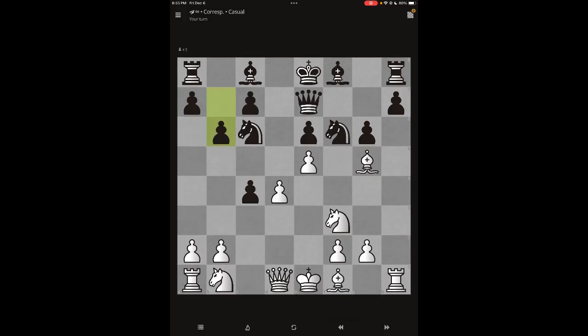But I'll just tell you, I won't be able to show you since we're not at the analysis board. Because I had done this, can you pick out a better move? What would you do in this position if you were black? Remember, I'm attacking your knight, and you can't do much about that here. But can you think of any other priorities if it was your move as black?